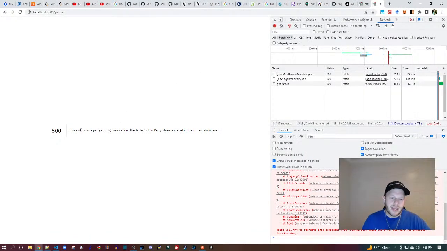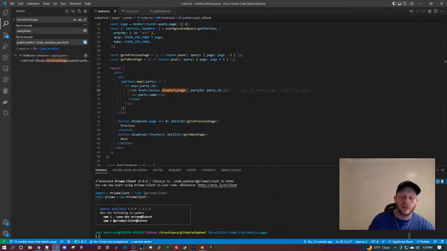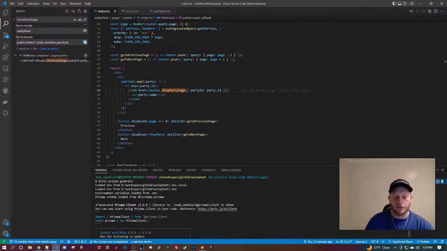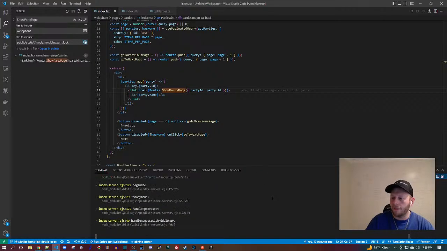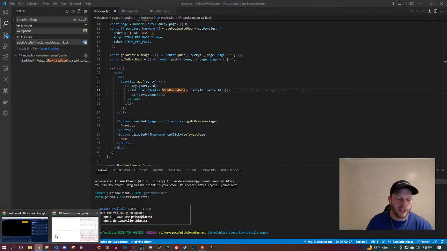Cool, cool. Okay, so invalid. The table public party does not exist in the current database. Ooh, so this does not actually appear to even be a code error. Remember earlier when I changed my database and it was like, hey, are you cool if we flush your database? And I was like, no, because I'm going to make a second entity and it's going to have to flush again. Apparently, I might have forgotten to do it that second time. So I don't even think this is a code problem. I think this is a literal case of tables in my database don't exist because I never created them.